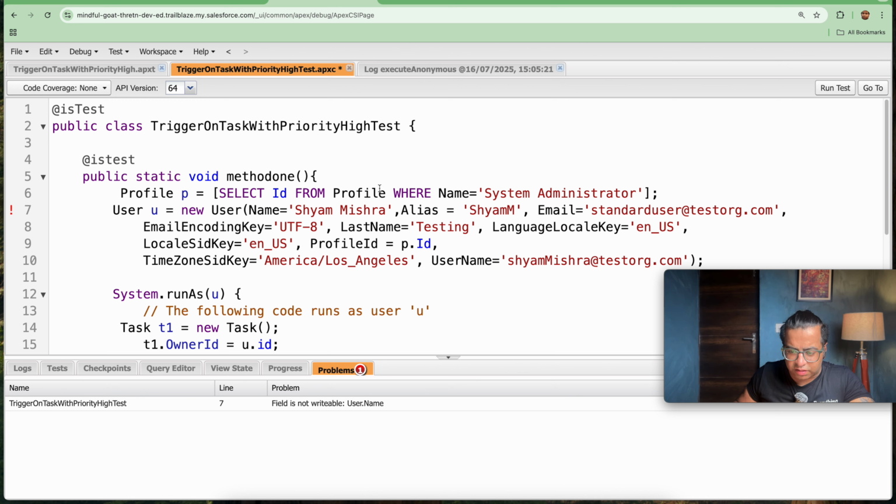Now we are getting an error: the field is not writable. So I think first name is writable. So first name is equal to Shyam, and last name is equal to Mishra.